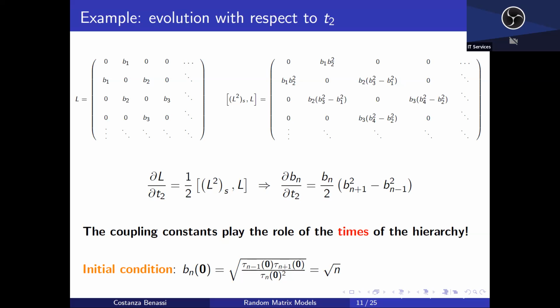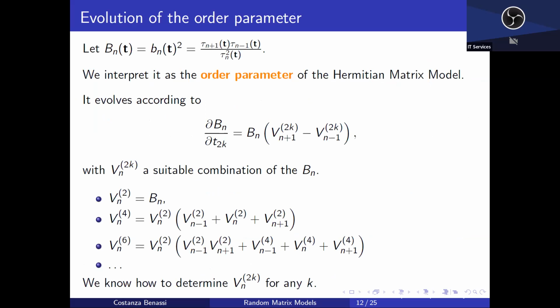This can be calculated quite quickly because these taus are just Hilbert integrals, basically, when you put all coupling constants to 0. Okay? So it looks like we're in good shape because this b here evolves according to a very well-known hierarchy, and we know which sort of initial condition we have in mind. And actually, we can generalize it to any flow. Okay, so we know how to construct the equation for any flow at this point.